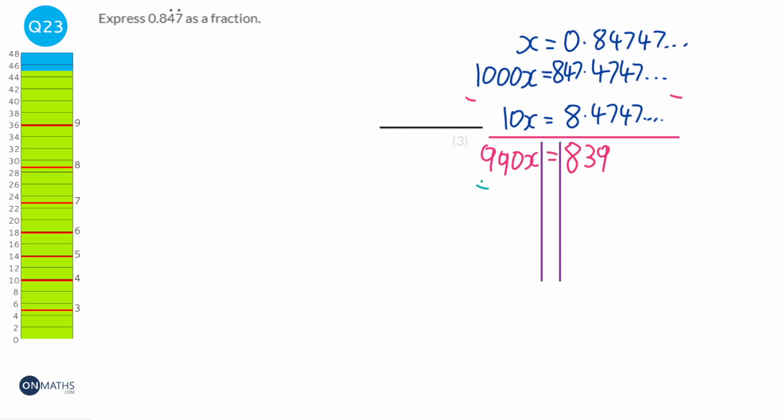And so what I'm going to do now is just divide both sides by 990. And so on the left hand side we've got x, and on the right hand side we have 839 divided by or over 990. So as a fraction it's going to be